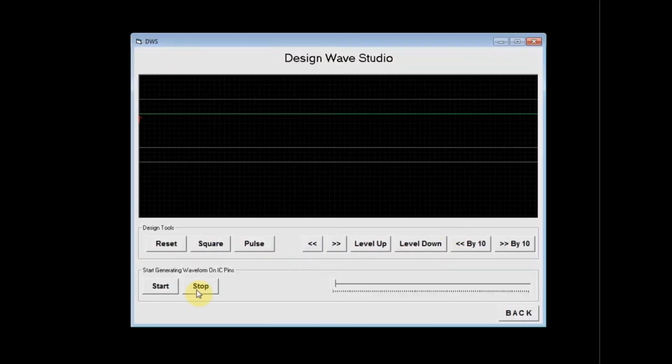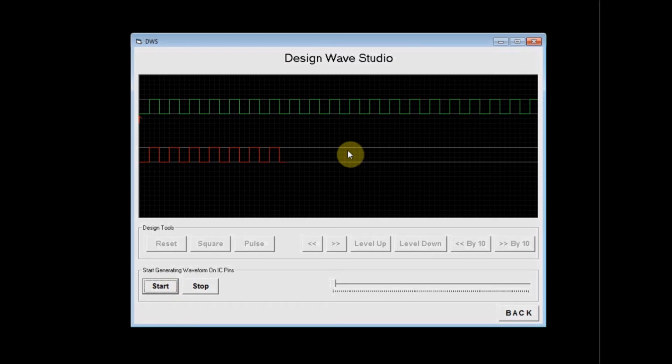The third module is the Design Wave Studio, where we can create digital clock pulses. These clock pulses could be square wave or could be asymmetric.